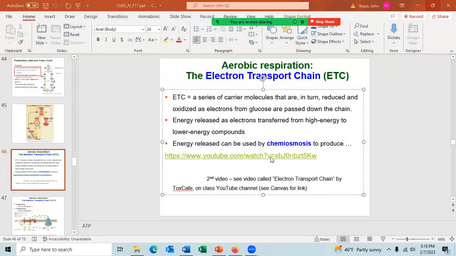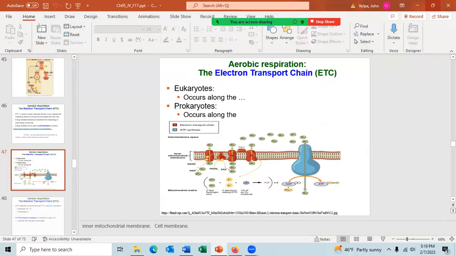All right. So let's talk about electron transport. Aerobic respiration, the 3rd step is the electron transport. In eukaryotes, this occurs across the inner mitochondrial membrane. So inside the mitochondria in the inner membrane. Among prokaryotes, it occurs along and across the cell membrane. What it is, is a bunch of proteins in a membrane,